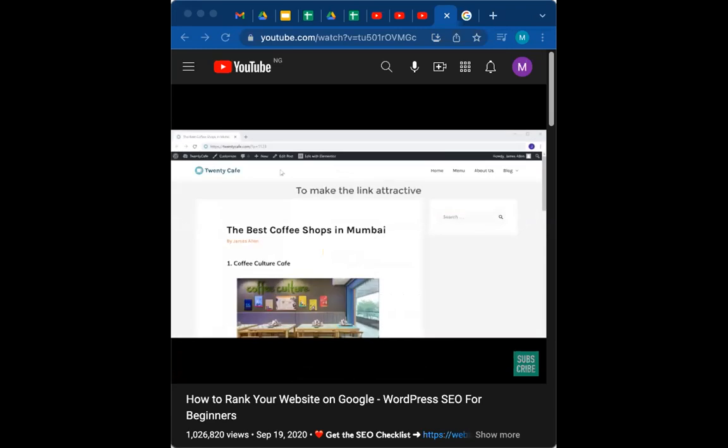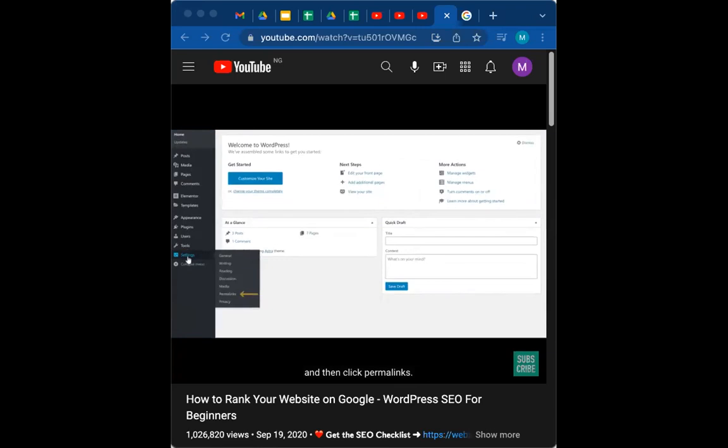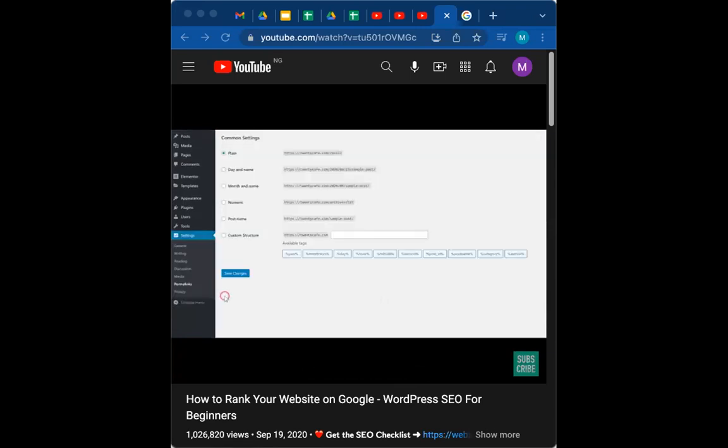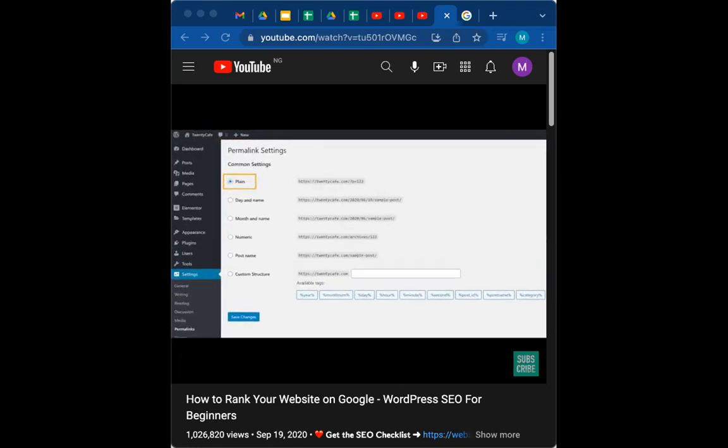So to make the link attractive, let's go here and click Dashboard. Now go to Settings and then click Permalinks. And now it will take you to this page. So this is the page where you can change how your links look like. Right now you can see that plain is selected, which means our link will be shown in this way. Now to make our link more attractive, all we have to do is just select post name and all your links will be changed to this format. So now if we click Save Changes